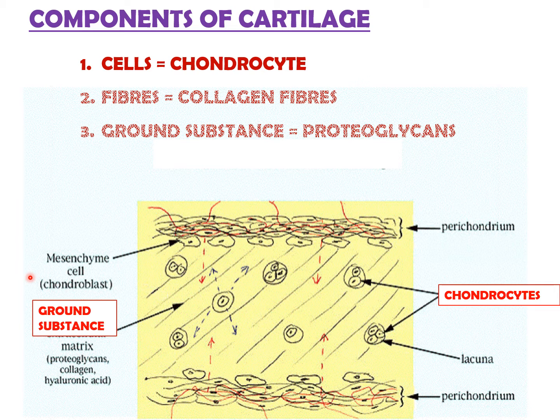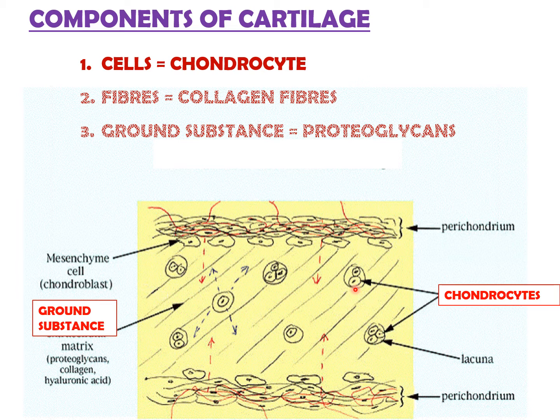First, cartilage contains cells and fibers embedded in the homogeneous ground substance. Cells are relatively few and are called chondrocytes. Three main types of cartilage can be recognized depending on the amount and variety of the fibers in the matrix. These are hyaline cartilage, fibrocartilage and elastic cartilage. So the components of cartilage are first chondrocytes plus extracellular matrix, ground substance and fibers. So these are the chondrocytes. You can see these are the cells, named chondrocytes.